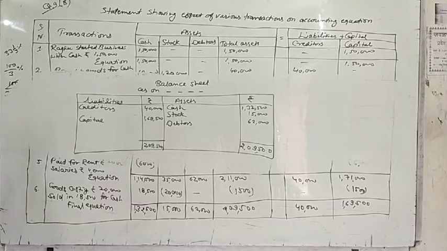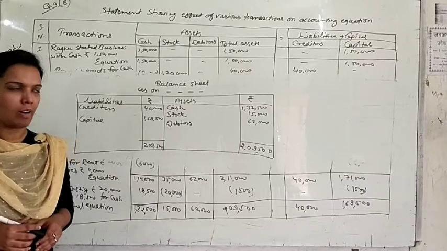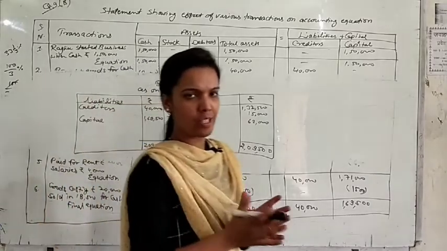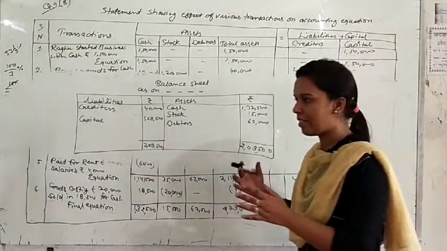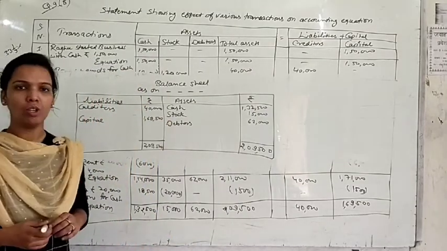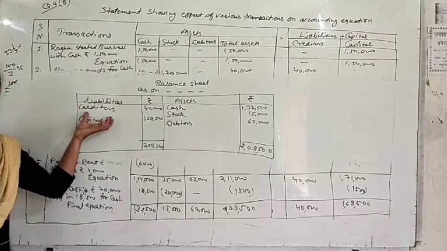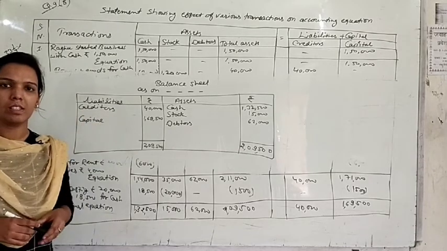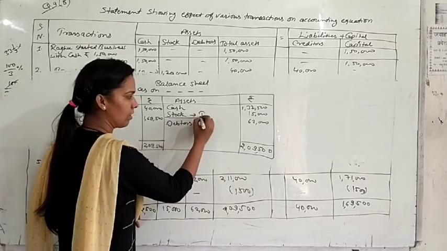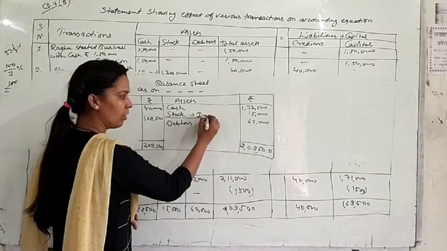After this we will start some different questions, because this type of questions easily you can solve now, and we are going to start some different kind of question, like just some points I am telling you now, and different points that we will start in next video. Suppose that, as I told you, that stock is your asset and assets are always debit. Okay. Creditors are your liability and liabilities are always credit.